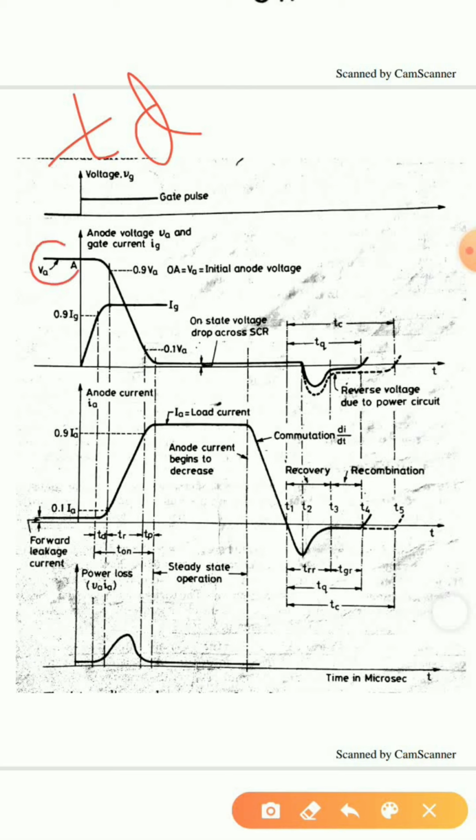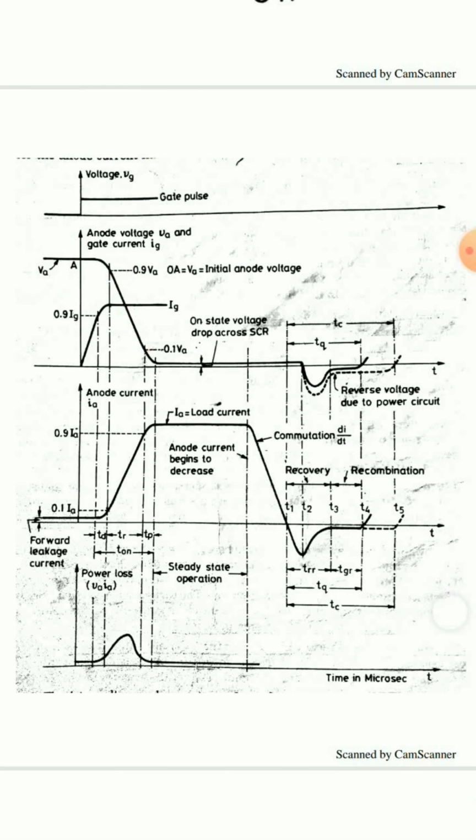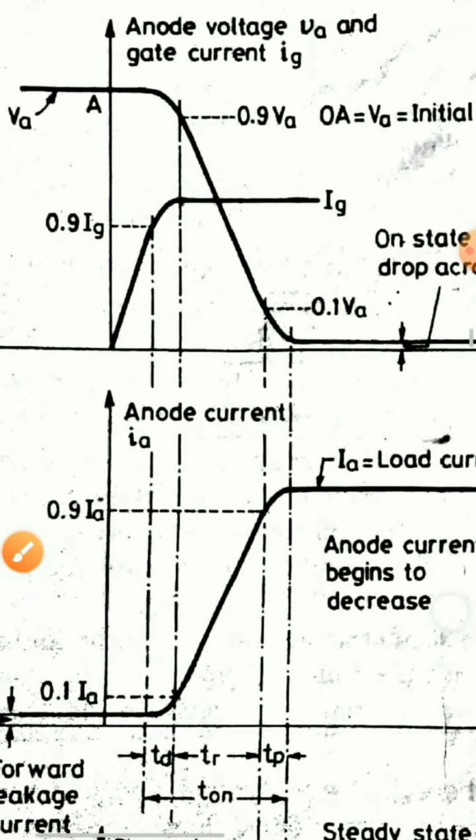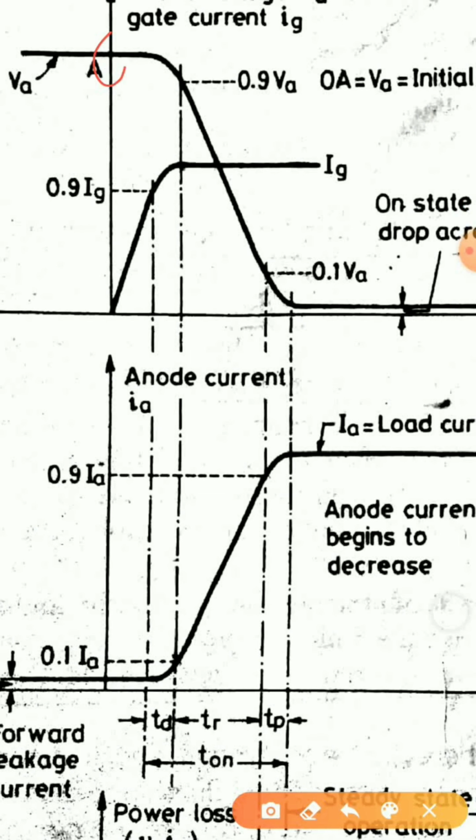Now this is my anode voltage. My anode voltage is 100% here. Now it is trying to fall. Now when it reaches 0.9, that is 90% of its initial value, the duration in between anode's 100% value to 90% value is called my delay time. Delay time is nothing but anode's voltage from 100% to 90%. The time period taken to reach from 100% to 90% is called my delay time,